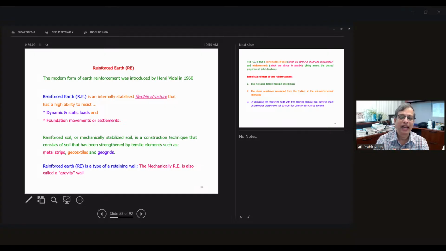So the advantage of MSE retaining walls or any such structures is that they can resist more dynamic or earthquake load, and the construction is much quicker compared to the conventional retaining wall. Reinforced soil or mechanically stabilized soil is a construction technique that consists of soil that has been strengthened by tensile strength. So the soil can take only compression. So you need to put some metal strip,